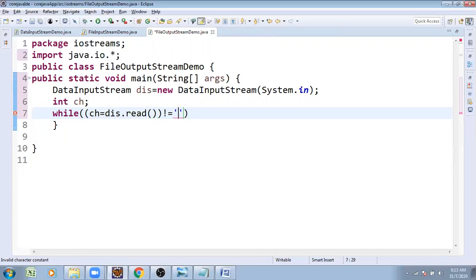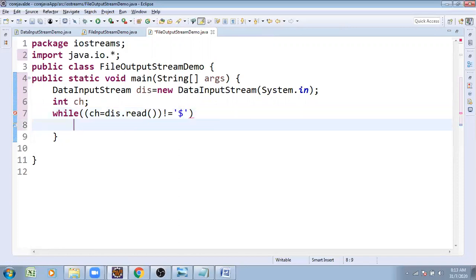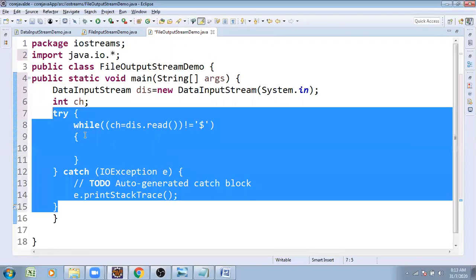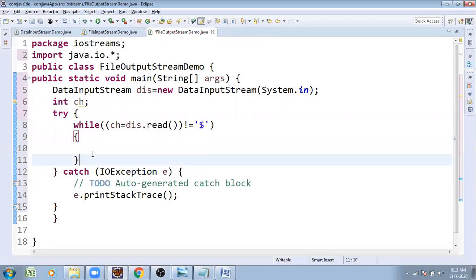Suppose I wanted to take the dollar symbol. Previously we did the same thing: until and unless it is not equal to the dollar symbol, it keeps reading. We get the exception: add throws declaration or surround with try-catch block. Suspicious code goes under the try block and is caught by its relevant catch block. Similarly, ch = dis.read() not equal to -1.